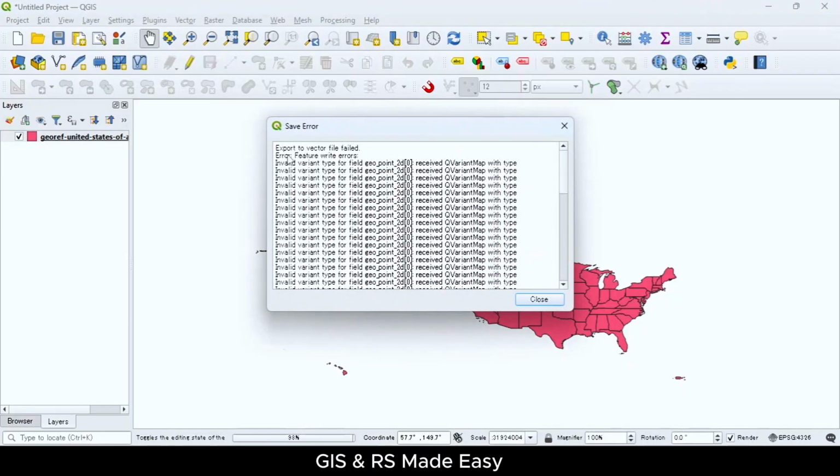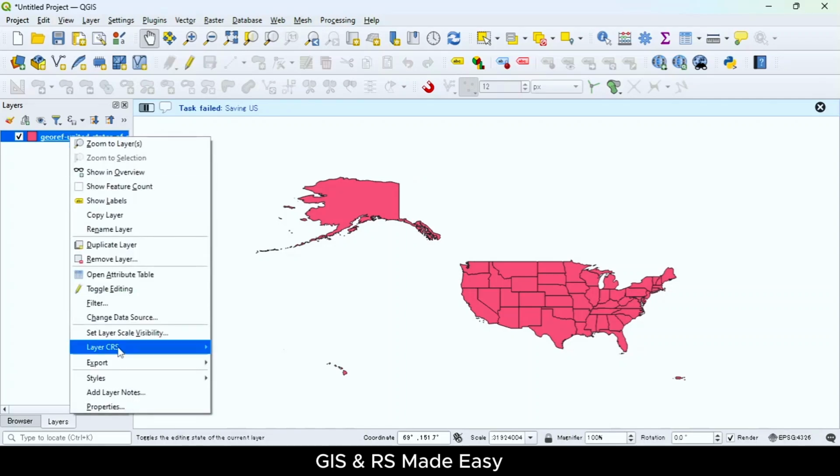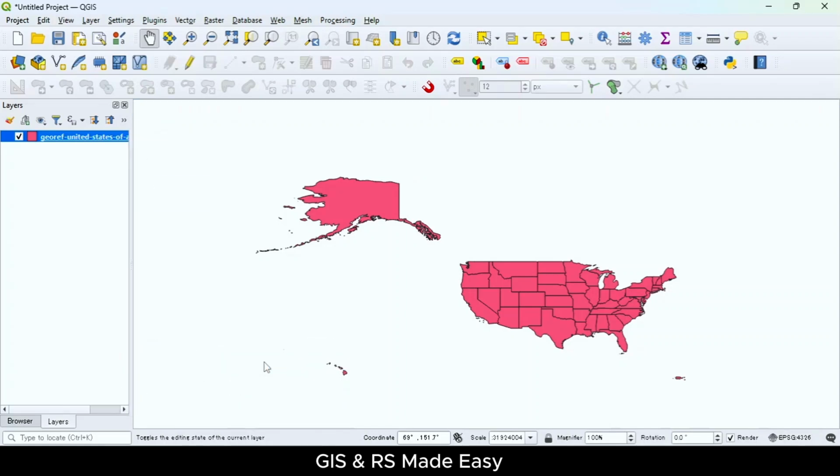You can find some errors. It says invalid variant type for field geopoints 2D, received QVariantMap with type. If you find such type of errors, you can easily handle this. Let's close this and right click again, Export, Save Feature As,